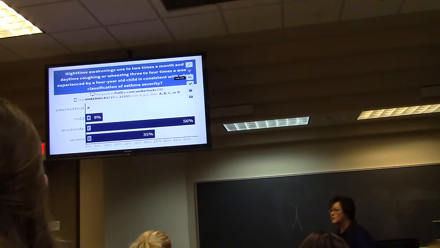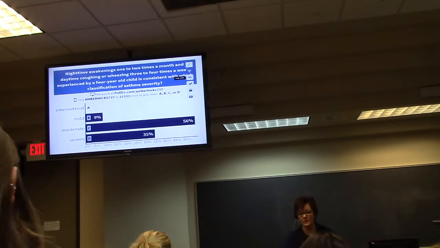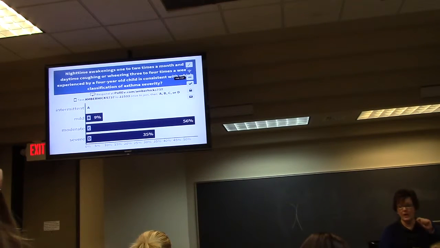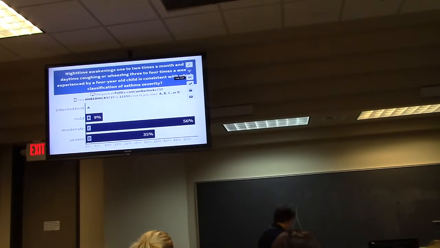So these are 3 of the things you would ask: the beta-2 agonist use, their nighttime awakenings, and they're having daytime symptoms. You're going to use it to understand or see their advancement to goals, to know how well they're controlled and how they're responding to the treatment that you have given them.